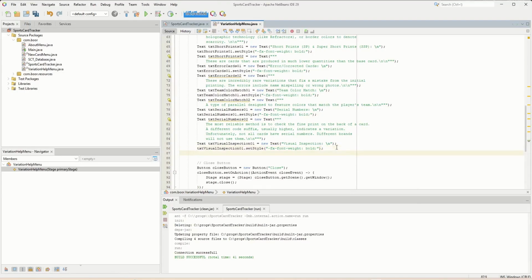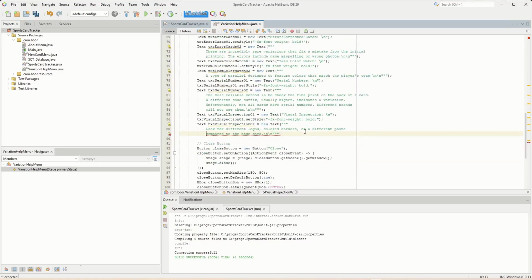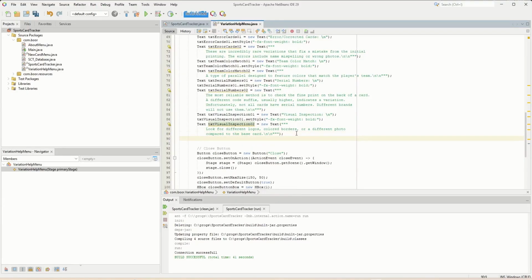Now we'll add our description, so text txt visual inspection 02 equals new text with our text area. Paste that in, and we'll do up our alignment. Well, it says look for different logos, colored borders, or a different photo compared to the base cards. And our last category